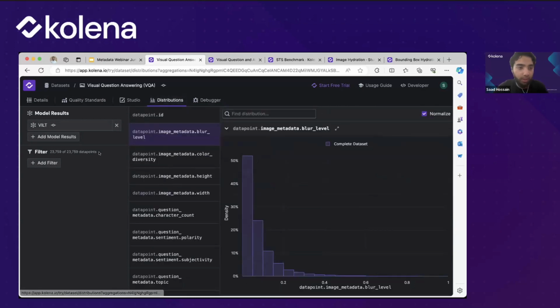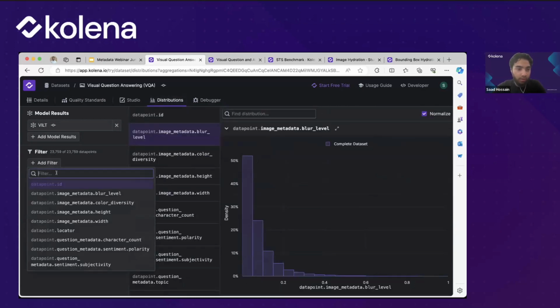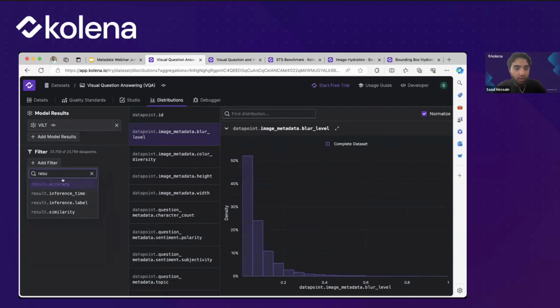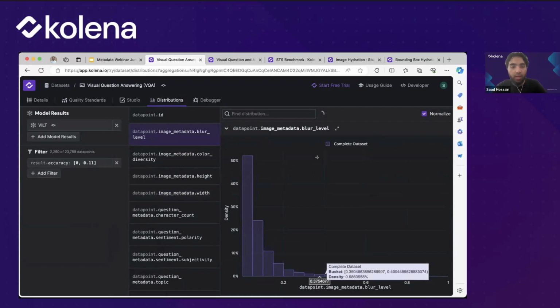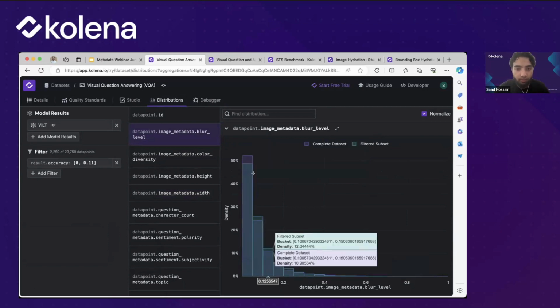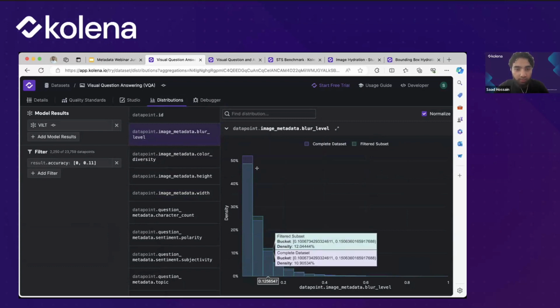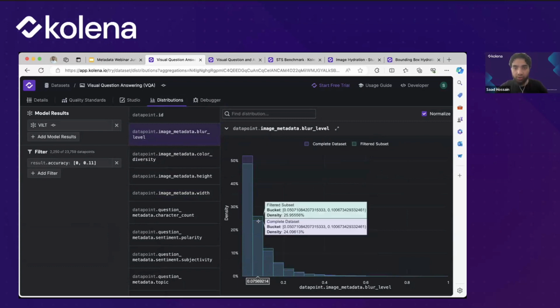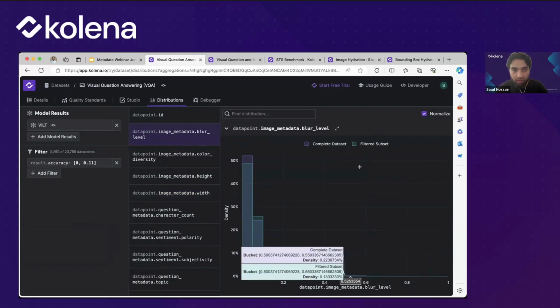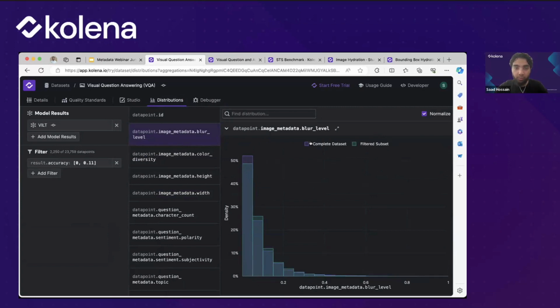One other interesting thing we can actually do once we've extracted all these various different metadata types is look at the distribution of our failures. So we can look at samples which have very low accuracy. We can then apply these filters. And we can see for blur level, it seems to quite aptly match the original distribution. So just for context, the green is the distribution of the failures, and the purple is our original data set's distributions.